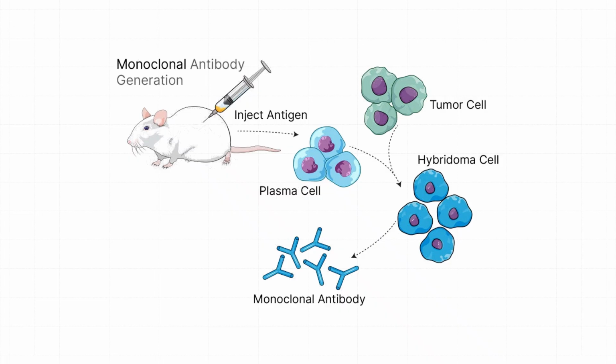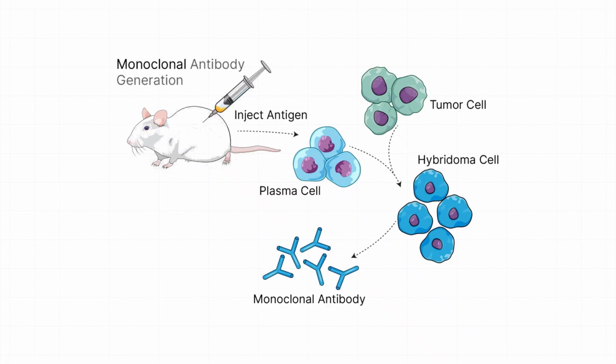So that was exactly the question that two scientists, George Kohler and Cesar Milstein, answered in 1975 when they developed hybridoma technology at the MRC Laboratory of Molecular Biology in Cambridge, England. Their work earned them the Nobel Prize in Physiology or Medicine in 1984, and it fundamentally transformed medicine, diagnostics, and biological research. So, the monoclonal antibodies produced by their method are now among the most important therapeutic molecules in modern medicine, from cancer immunotherapy to autoimmune disease treatment.